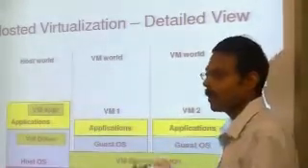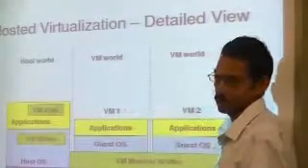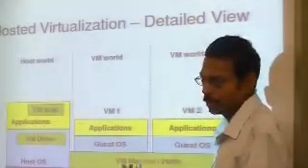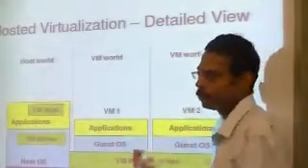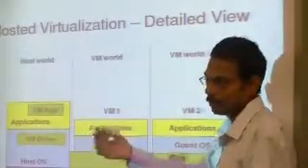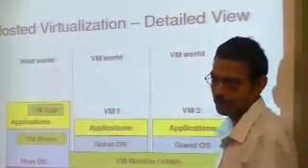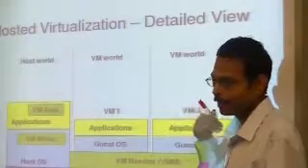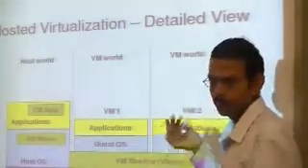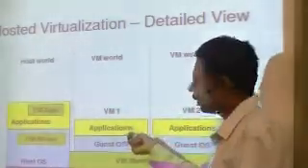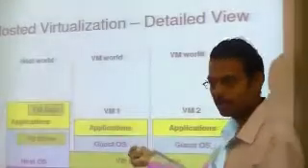Okay? So not all operating systems will let you change the code. Say Windows doesn't allow you to change the code. But for example, if you use Linux, you can change the code of the operating system. Okay? So only certain operating systems, which are what? Open source operating systems, will support this parallel virtualization.